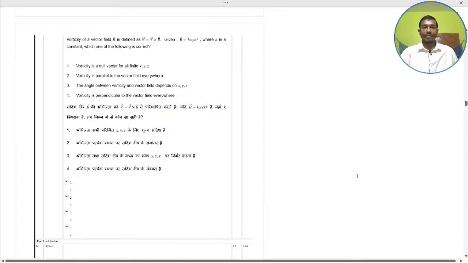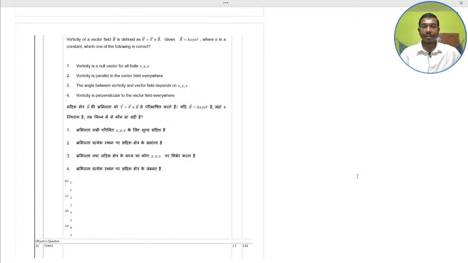Velocity of a vector field B is obtained as V equal to curl B, given B equal to k x y z r cap, where k is a constant. Which one of the following is correct? This is from magnetostatics, electromagnetic theory. Simple question. Curl B,